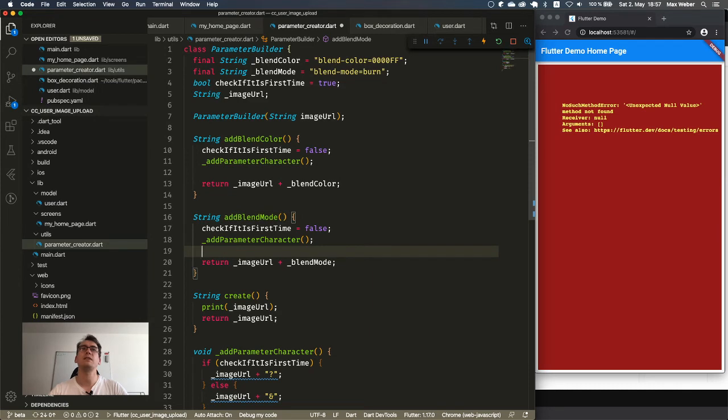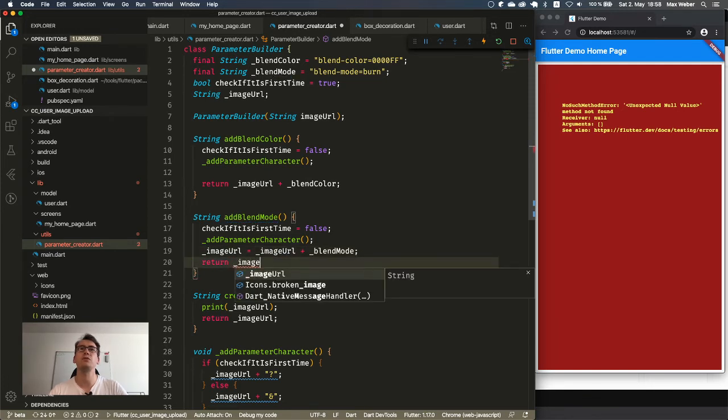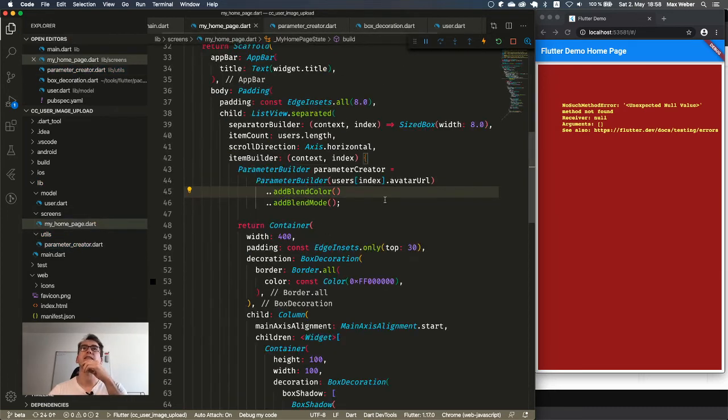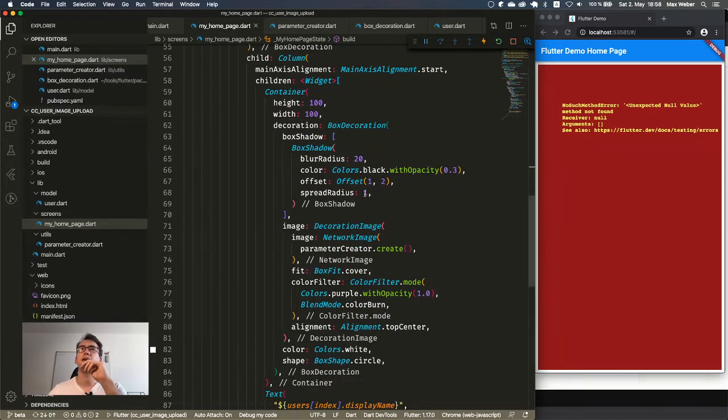And I want to set the image URL anyway to that parts, and I just return the image URL. Good. So let's see if this works better now, but I'm not sure why it shouldn't work at all.